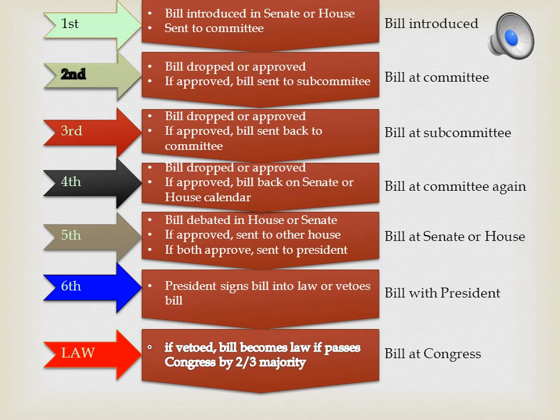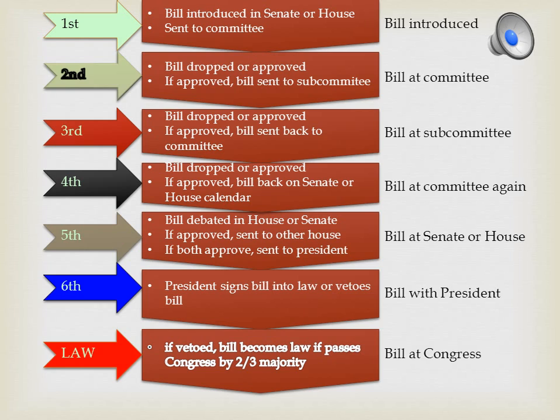Once it's assigned its number, it's introduced in the House or Senate, and in our case it's the House, into a committee. There's thousands of bills introduced every year. So that's too many for one big group to go over. So there's special committees designated. So there might be a committee on environmental issues, and that's their specialty. So there's a House committee specializing in environmental issues, and they're going to look over that water bill.